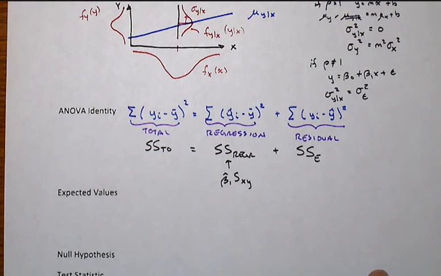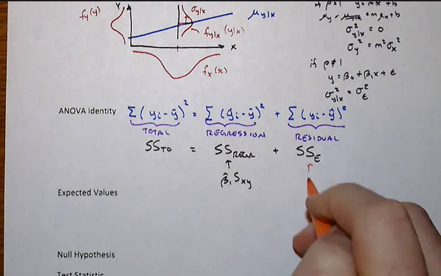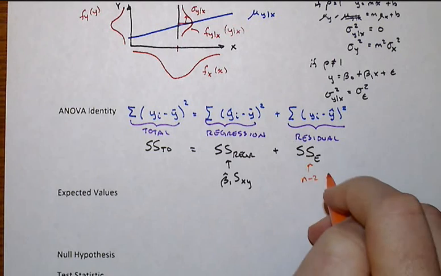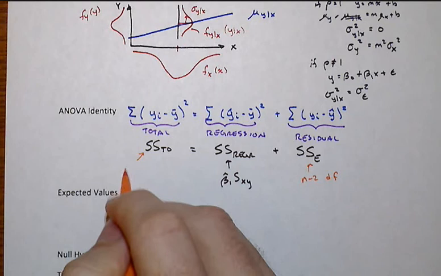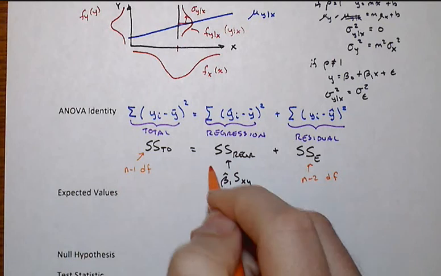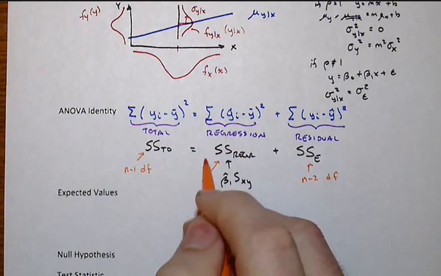One more key thing before we move on with this, and that is that we have a variety of different degrees of freedom here. This one, remember, had n minus 2 degrees of freedom. This one has n minus 1 degrees of freedom, and the regression sum of squares has 1